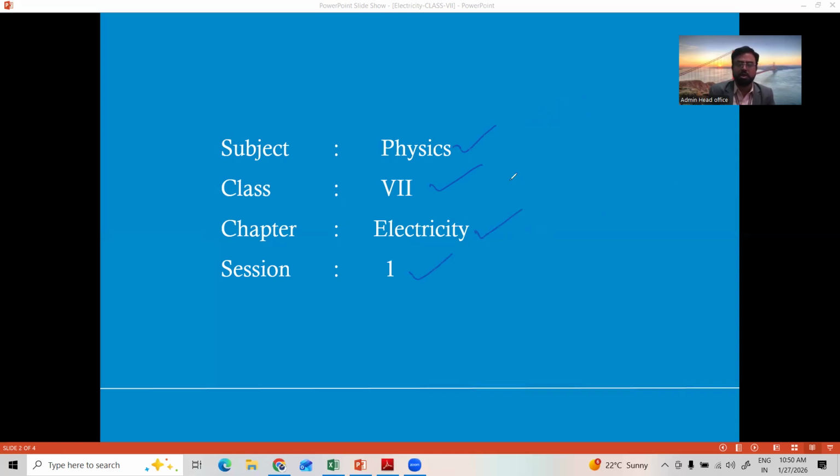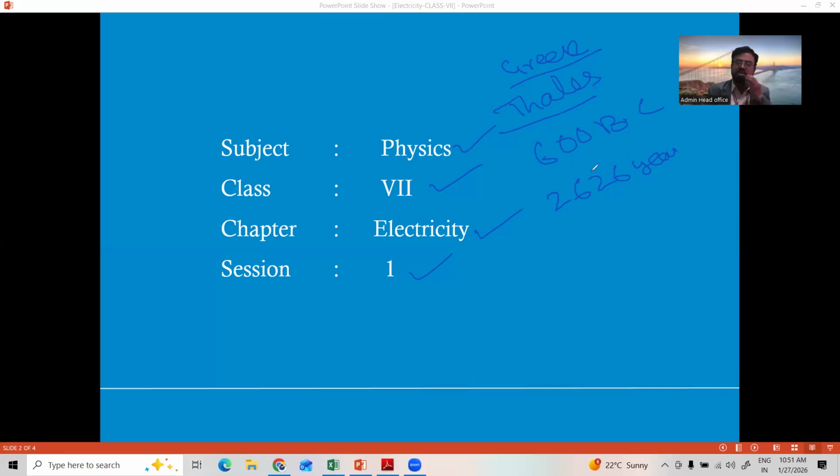So before going directly to our text, if you recall the history, a Greek scientist called Thales, a Greek philosopher, around 600 BC, before Christ, it's around now 2026 plus 600, 2626 years back, used for the first time the word electricity, by observing something and coming to know that there is electricity.